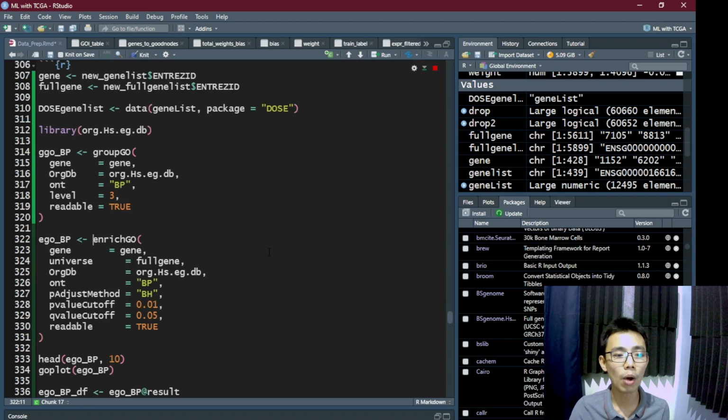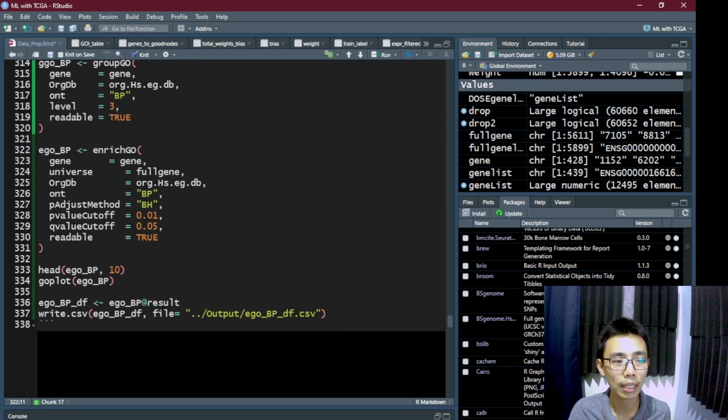It's going to take a while, but you can see right here I've done both. I do a head of ego BP, where I'm only enriching the GO category of biological processes, and we're going to do the two others below, but I'm only going to show the top 10 after a p-value cutoff of 0.1 and